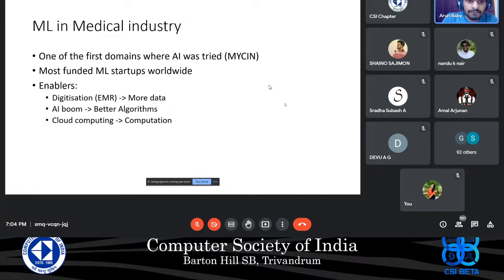We have come a long way from that rule-based system, and right now medical AI startups are among the most funded startups in AI. Now I would like to tell you why we are at this stage, with this sudden surge